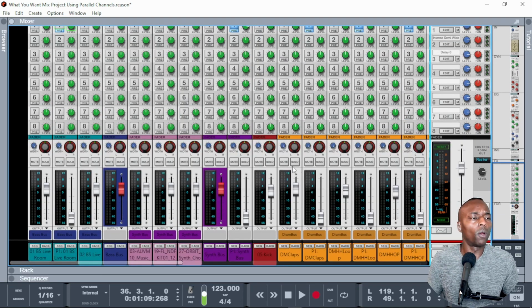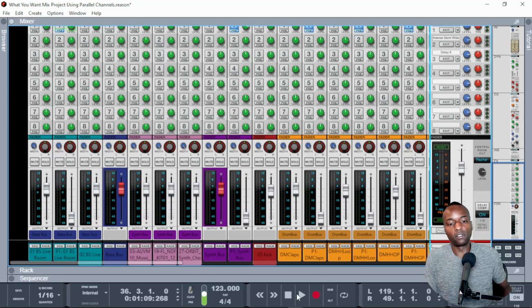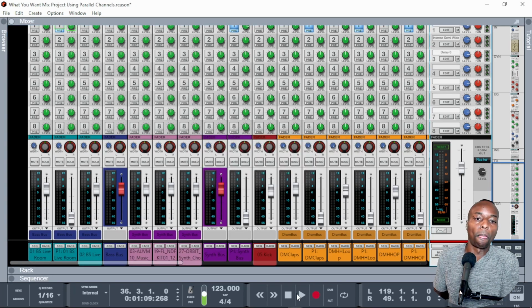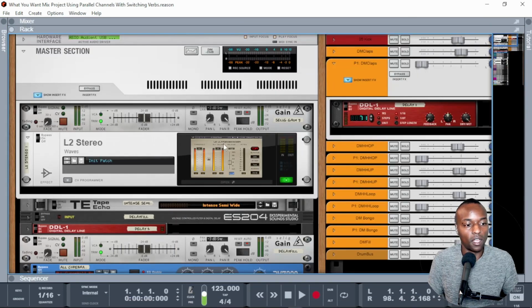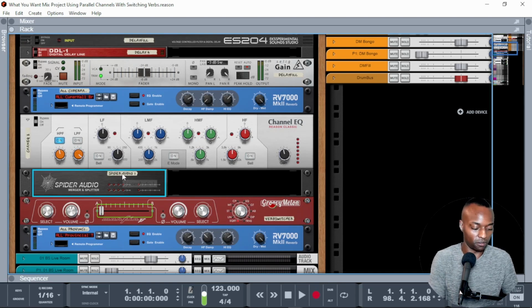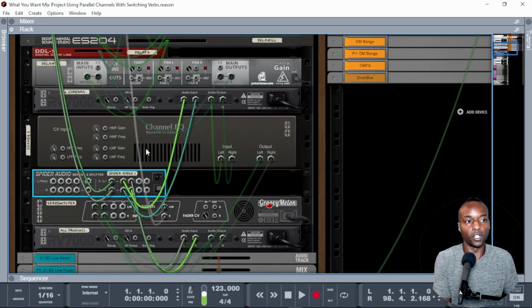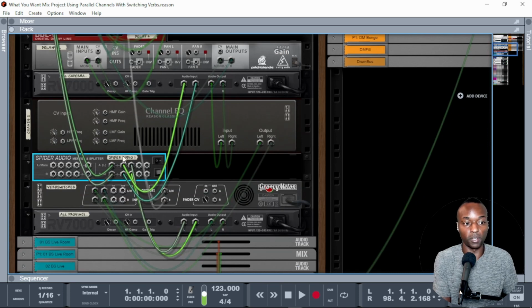Oh, one more thing I did have an idea of was taking this a step further. I set up 2 reverbs on this one, and I set up a switcher between the two. The idea was, and it's pretty much the same setup, except that I just split the signal to 2 reverbs on the input stage. So I'm sending effects 1 to the splitter and then to both reverbs, and then the output